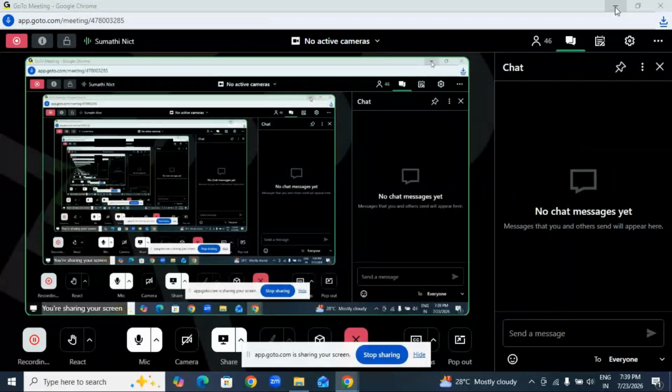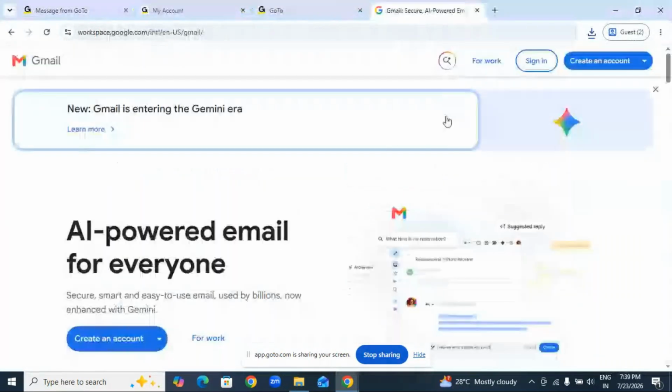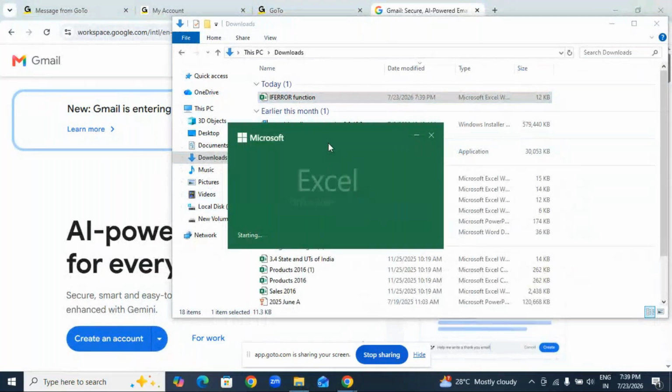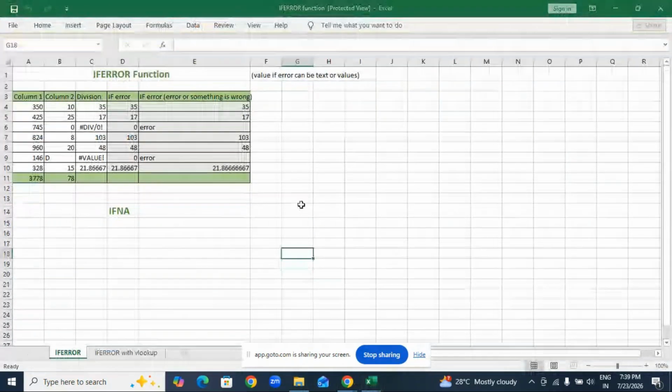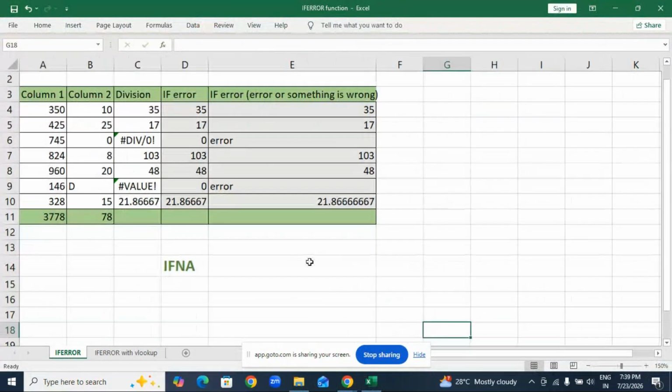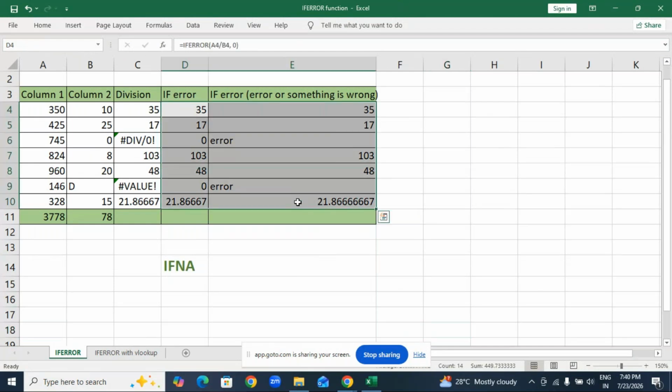See, I have one of the data here for the IFERROR function. What is IFERROR? Go to the downloads. We downloaded one data in that. See, this is my data. Already IFERROR. What is the IFERROR function? Suppose I imported some values here, meaning any query or table we imported. When we are going to apply the formula,